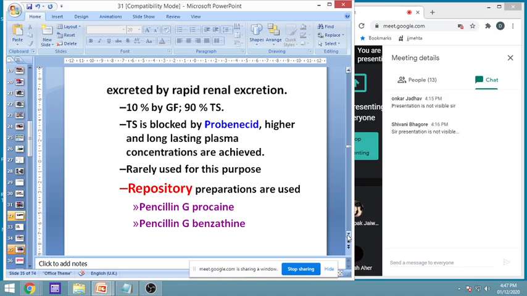In the final tubules this tubular secretion is happening, and we can block it with an agent like probenecid. Probenecid will get excreted instead of penicillin. When probenecid is given, they compete for the same site. Probenecid will be excreted, penicillin will go back into blood, and thus it will increase the plasma half-life. But probenecid is rarely used for this purpose,